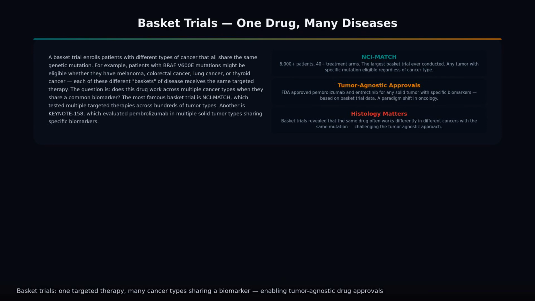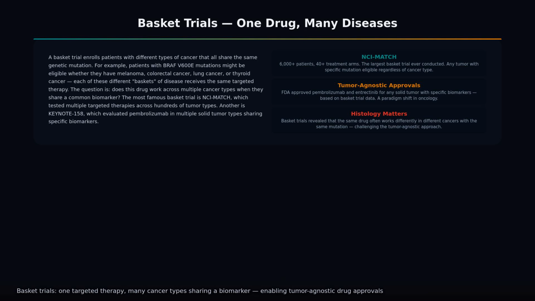A basket trial is designed around the idea that genetic mutations in cancer can be more important than where the cancer originated. For example, if a drug targets the BRAF V600E mutation, it might work in melanoma, colorectal cancer, lung cancer, and thyroid cancer, all of which can carry that same mutation. Rather than running 4 separate trials, a basket trial enrolls all eligible patients under one protocol and analyzes response rates